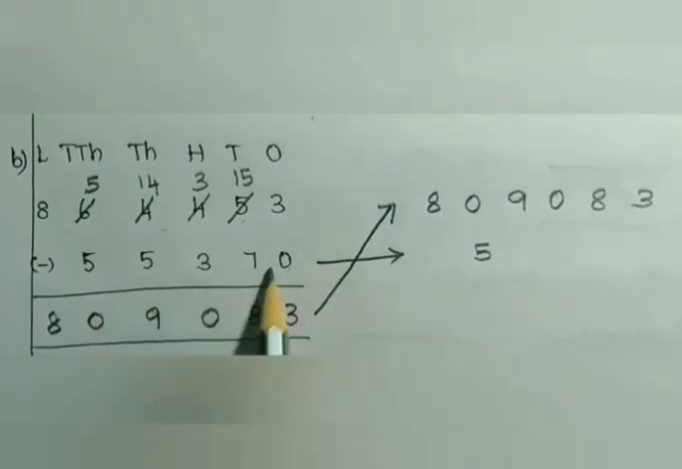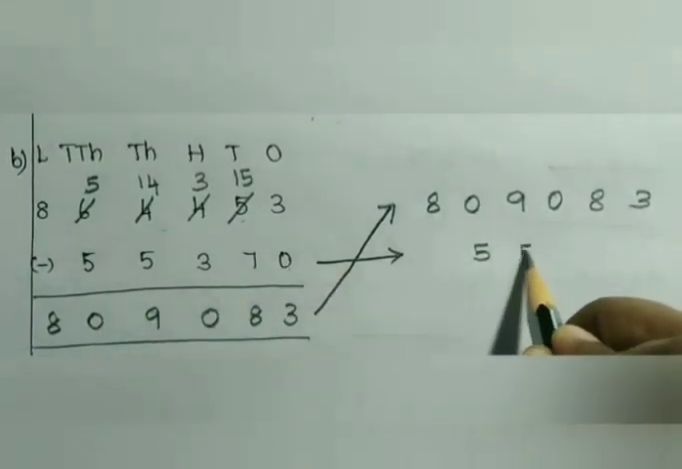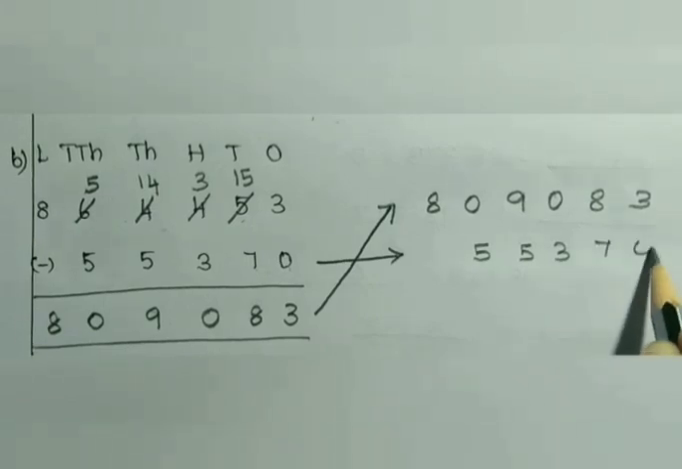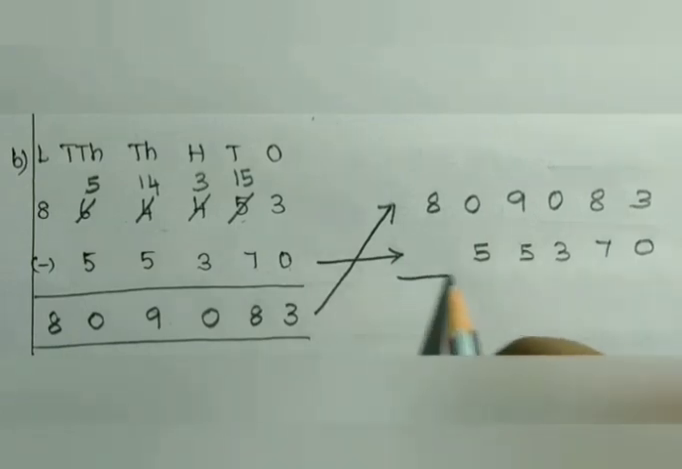See, it's a 5-digit number. So you have to start writing from the 10,000s position. You have to be careful with it, children. Now let us